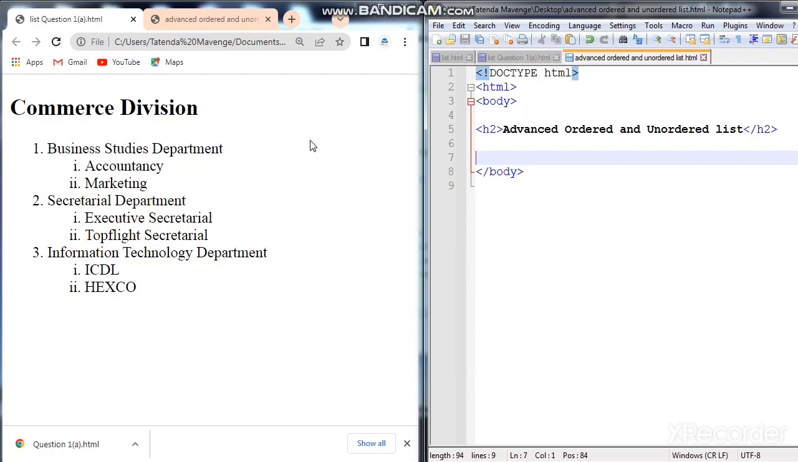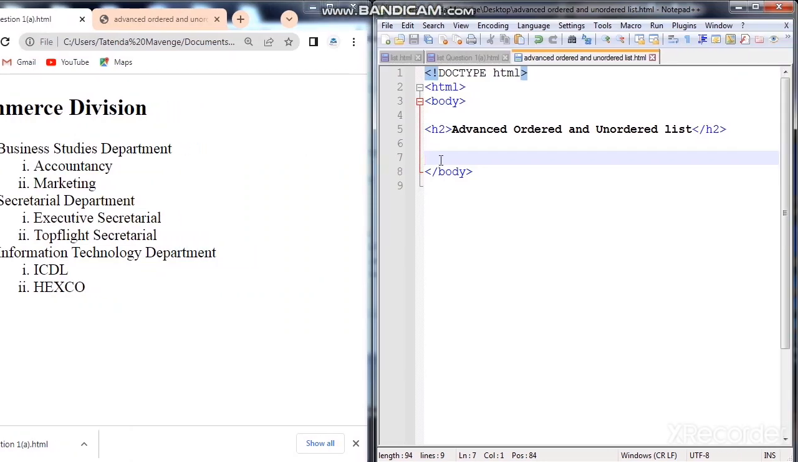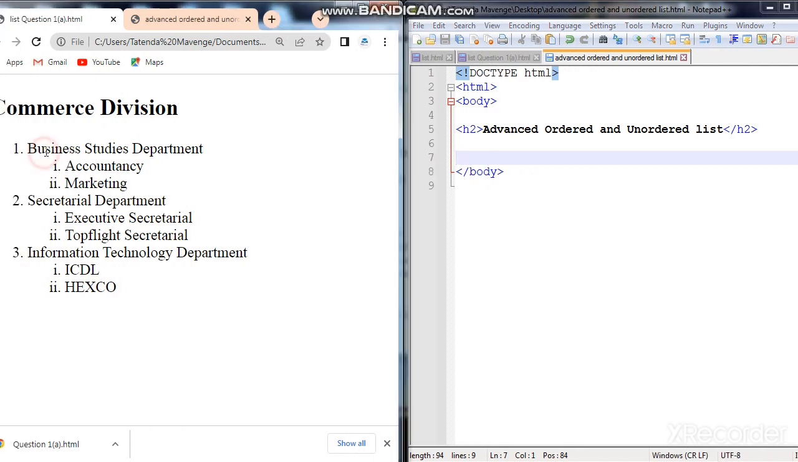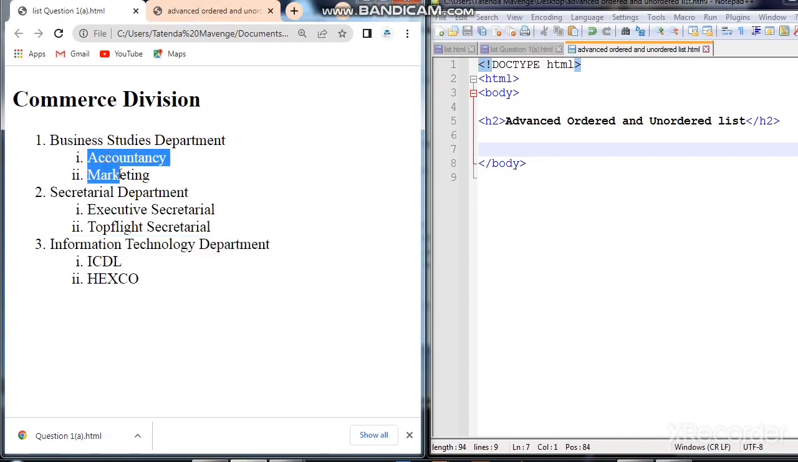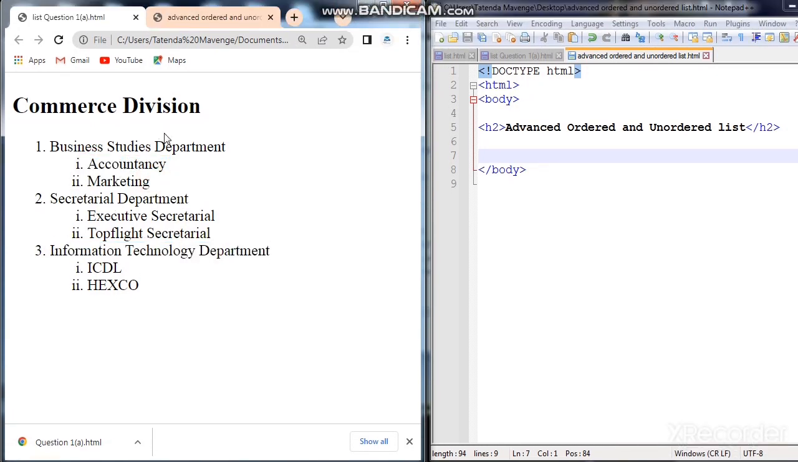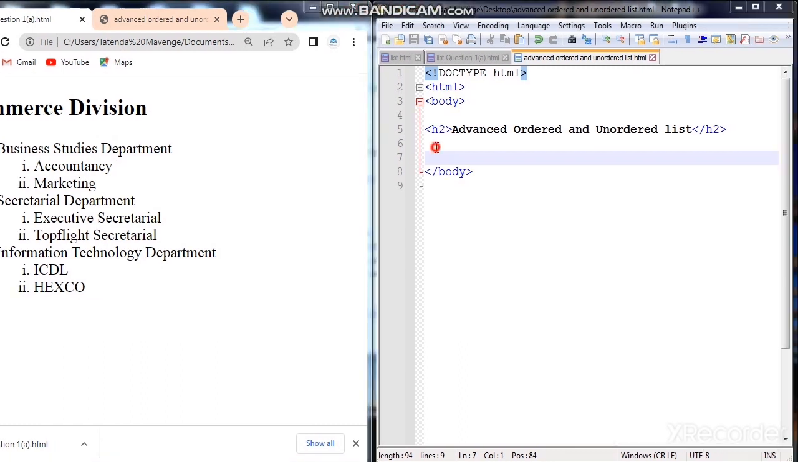In this tutorial, I'm going to show you how to create a nested ordered and unordered list. It's going to appear like this, where we have this item as our ordered list, and this one, and then we have these sub items as ordered lists again. Okay, so the first thing that we need to do, like we talked about in our last tutorial, is